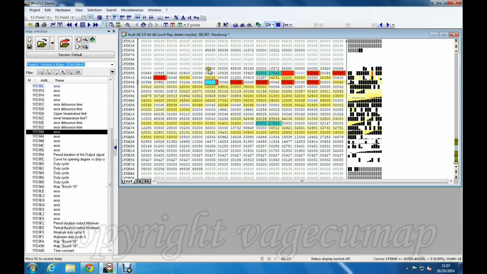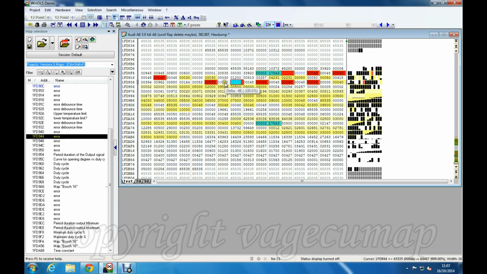And so again, you could change those to read 65535, and then this one would become 1, 2, 3, 4, 5 zeros, and then the next one would become 65535, and so on, and you would continue all the way through those until you've got rid of them all. So they would all read 65535 and 5 zeros for each pair.